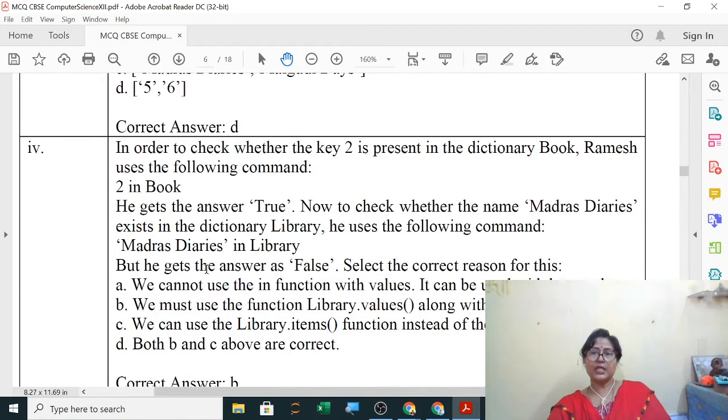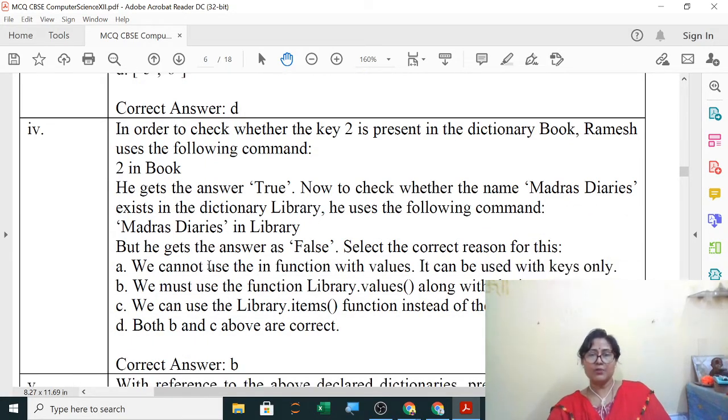Clear? So a dictionary case study will come, so we have to practice this dictionary nicely. In order to check whether the key 2 is present in the dictionary book, Ramesh uses the following command: 2 in book.keys(). By default also he gets the answer true.